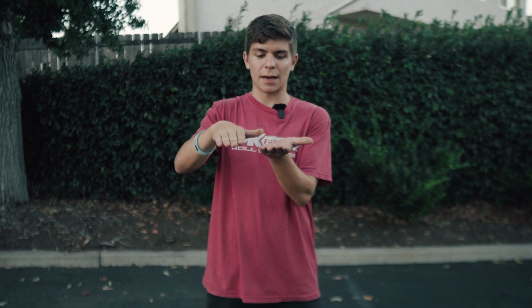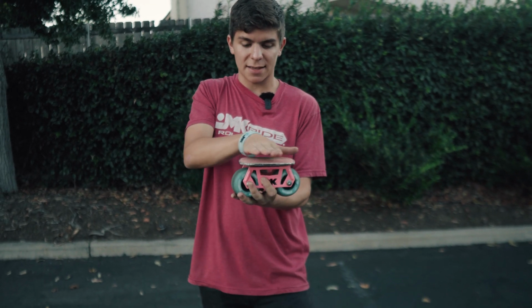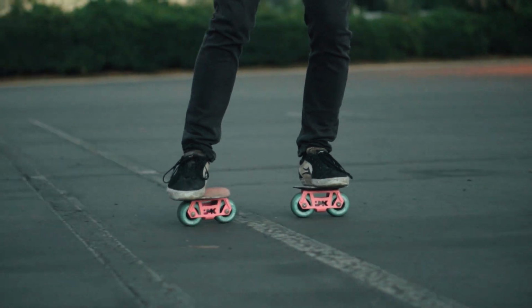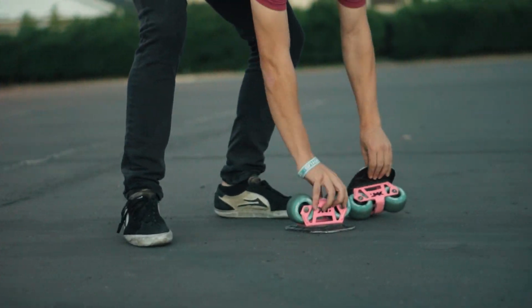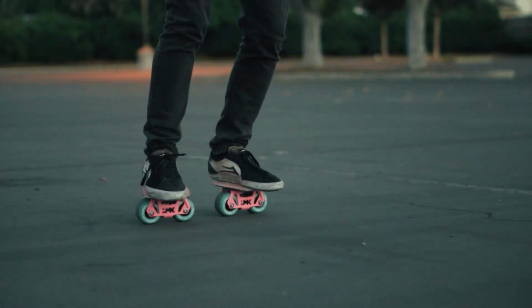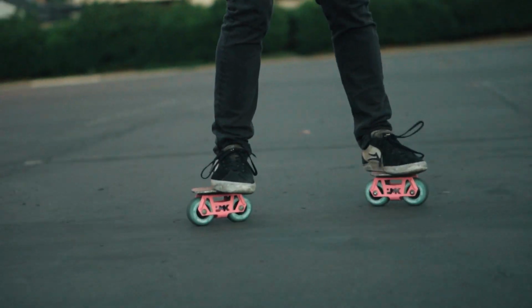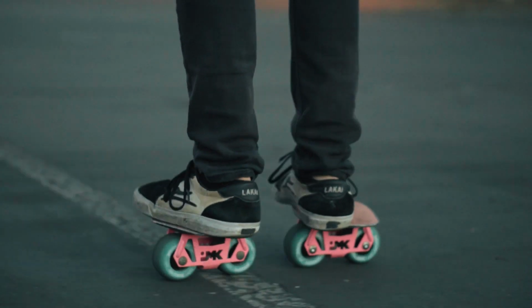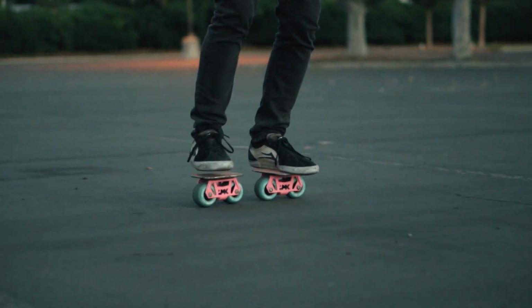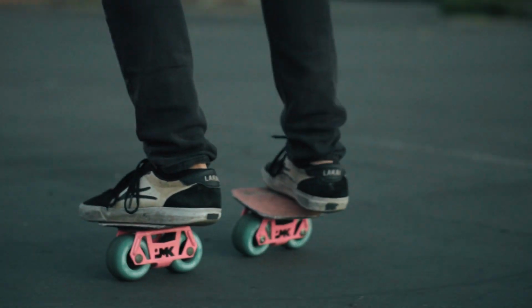One extra tip I have for you, and probably the most important tip for me when I was learning, is how much of your foot is covering the grip tape on the skate. So when I was learning and I was told to tilt the skate sideways, I put my foot on the very edge of the skate because that's the way I could most easily tilt it, but that caused two problems. I kept losing the skate when I was learning, so that was my first problem. And then the second problem is that I had zero control over the flip while I was riding. I would sometimes land it, but with no consistency whatsoever, and I would have to basically rely on luck for